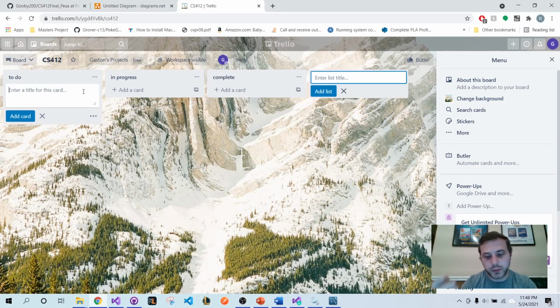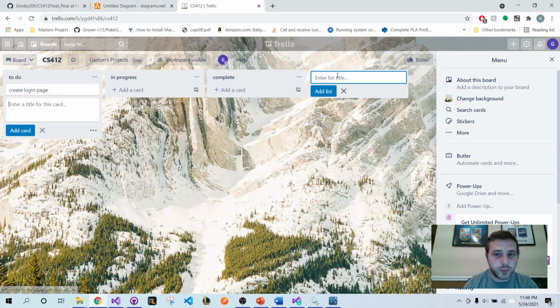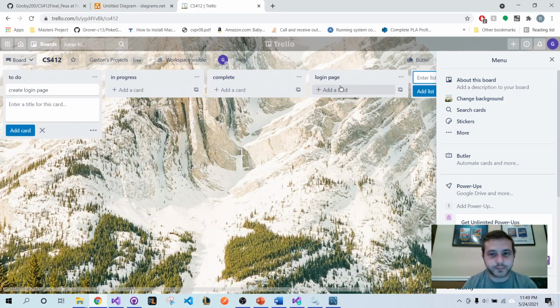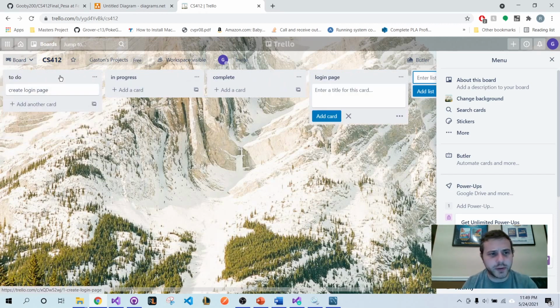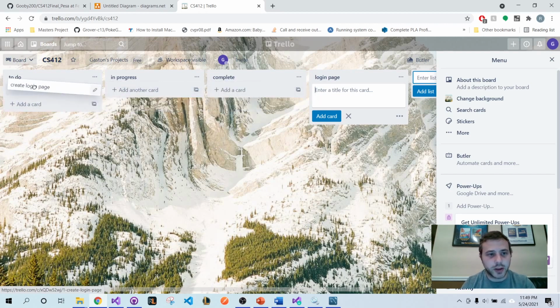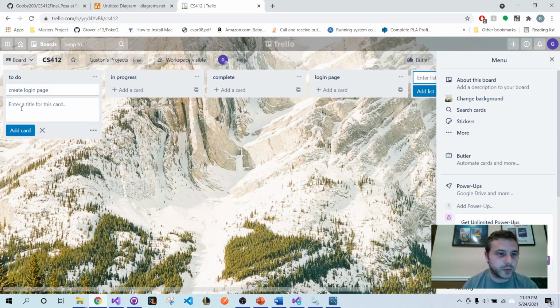So like to do, let's say that you're creating a login page, right? So to do would be create login page. Or if you want, you could create a list that's specifically login page related. There's many different ways of creating cards. So these are essentially cards that you can move around. And then you just keep track of your progress with this. And you can plan things out visually and see things a lot better. So create login page,